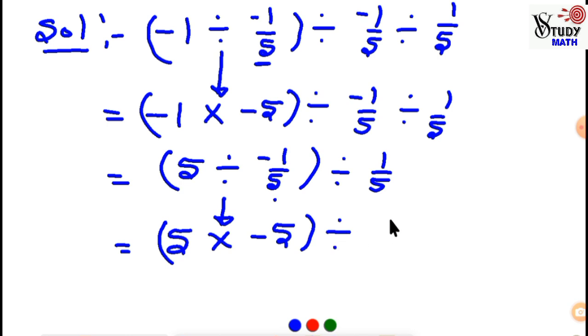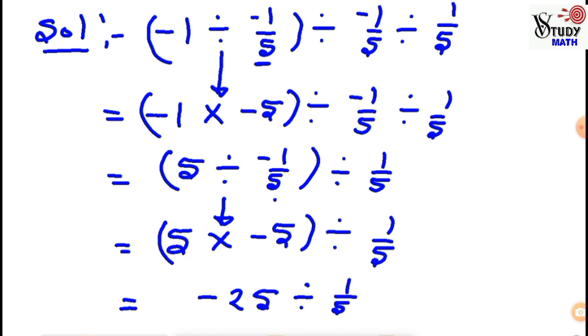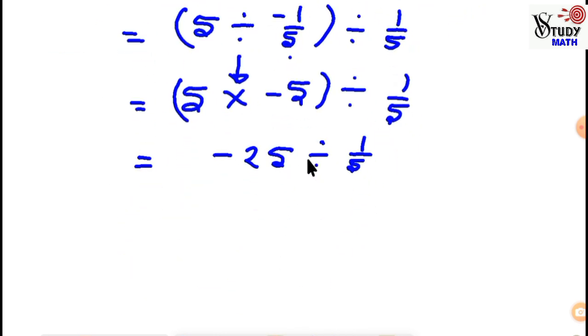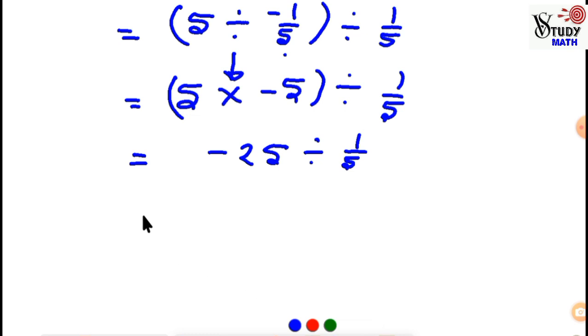So now we have negative 25 divided by 1 by 5. Now move to the next step. Negative 25, in place of the divide sign we apply the multiply sign and write down the reciprocal of 1 by 5, that is 5. So after multiplying this we have negative